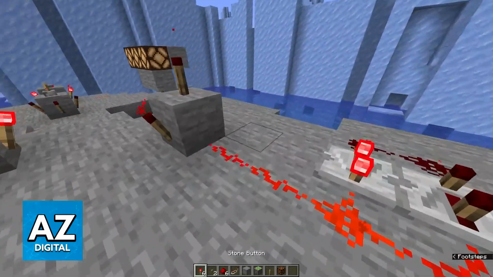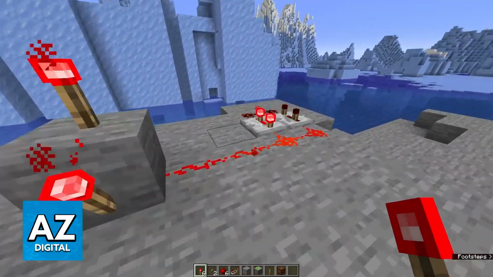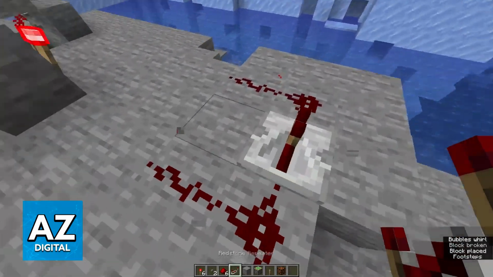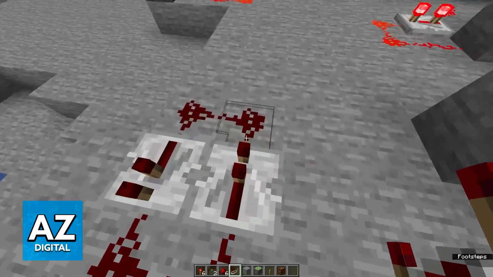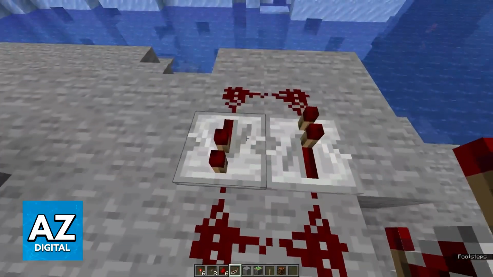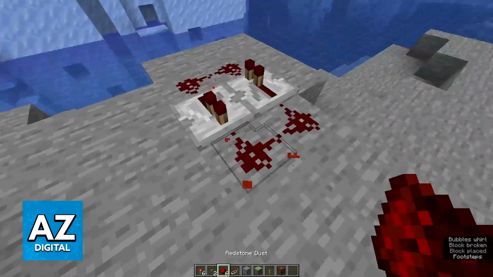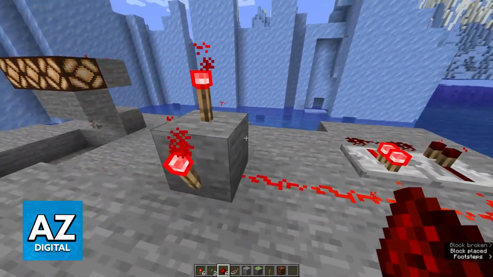Now, if you want to make it repeatedly flicker, turning it on and off, then what you can do is use a repeater like this one. It's important that you place the repeaters in this loop manner: two redstone dust, a repeater here, and then another one. Essentially, it is a loop. Now, if you try to do it like this, when the repeaters are set to the first or default configuration, you will notice that the redstone torch will simply not blink.